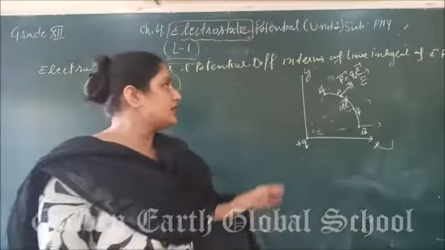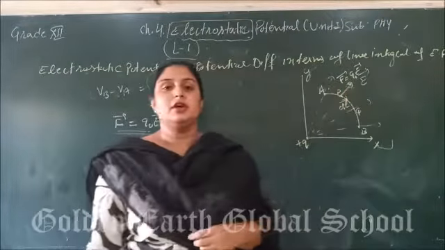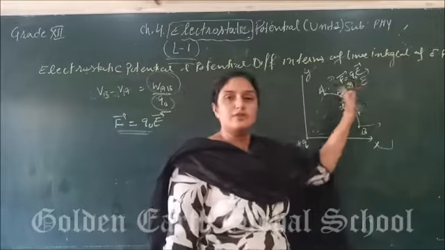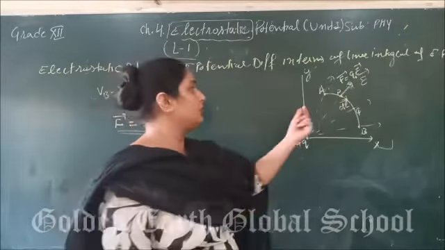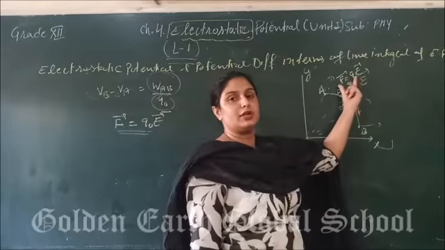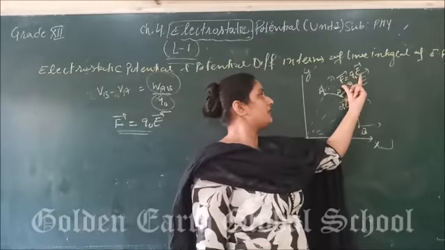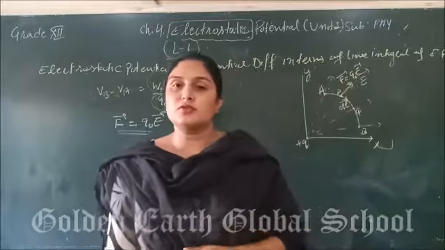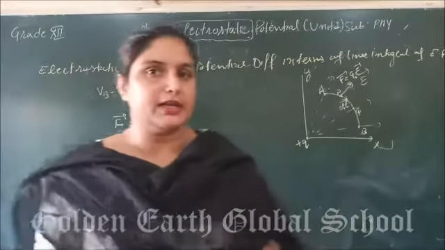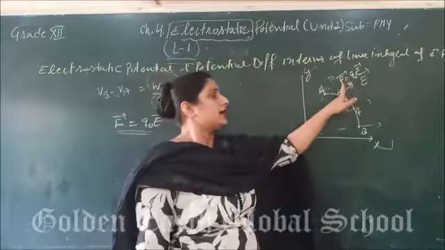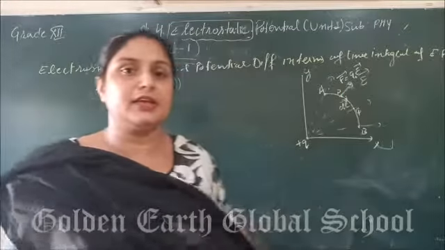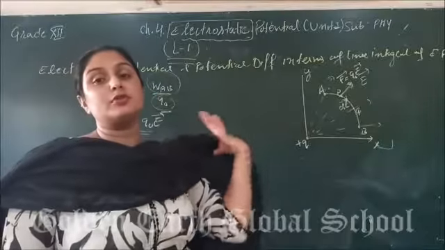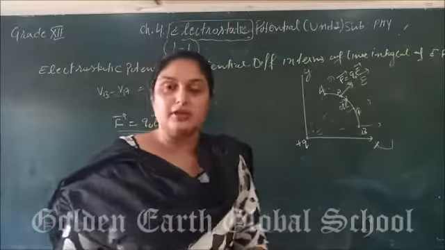To move this charge against the direction of the electric field, we have to apply some force. And how much? We cannot mention the numerical value here, so I am going to consider the equilibrium condition. If F is equal to Q naught E, this is the force acting in the direction of the applied electric field, then I can consider the force minus Q naught E acting opposite to the applied electric field.